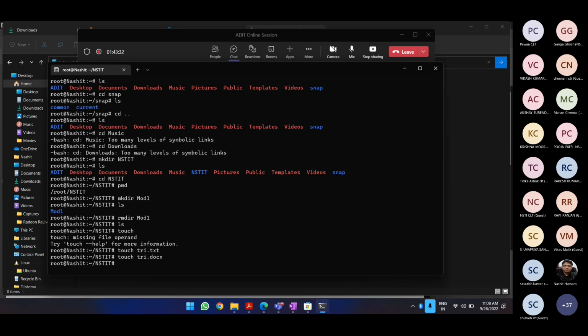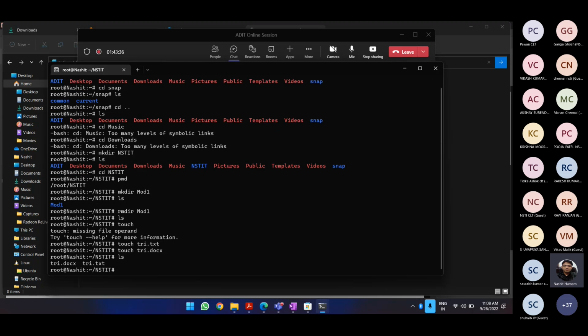Now let me check out the different kinds of files that we already have here. So it has created a file called try.docx, and it has created another file, try.txt. Like this you can create an XLSX file, that means an Excel file.